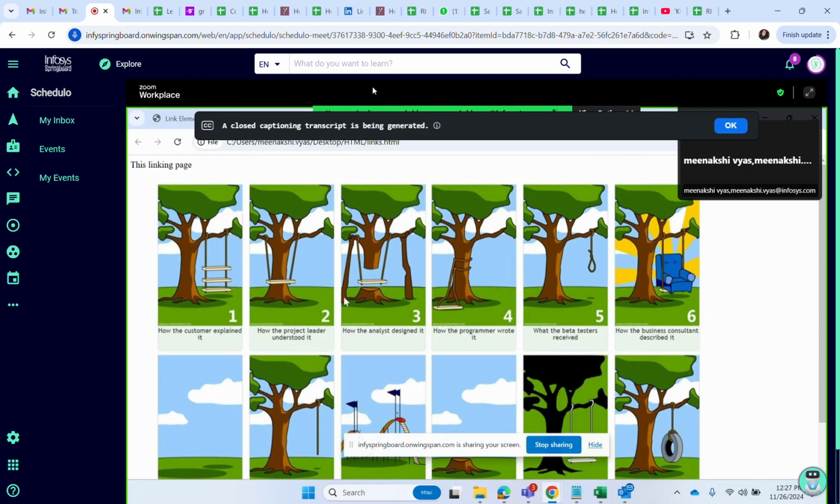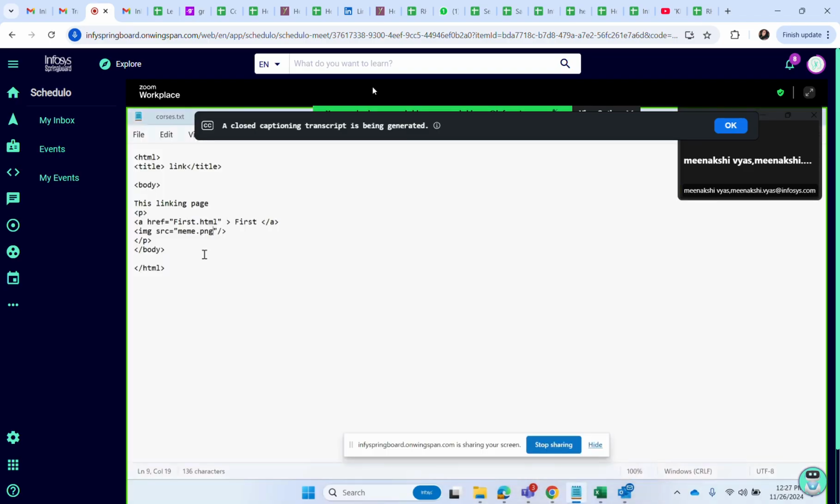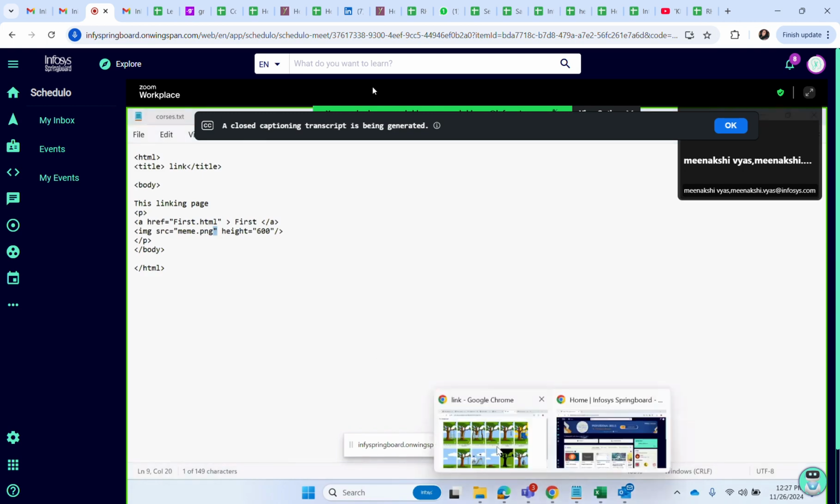So you can simply write height equal to and width equal to in the image tag. So I have written the image name, then I will give the height, height equal to 600. 600 means 600 pixels. Let's save and reload.